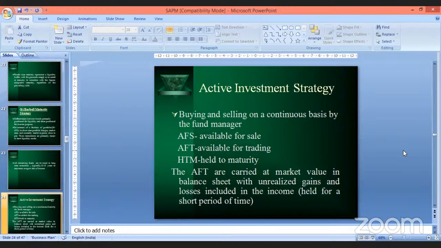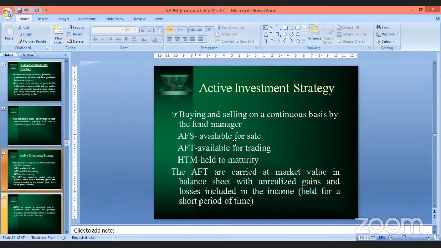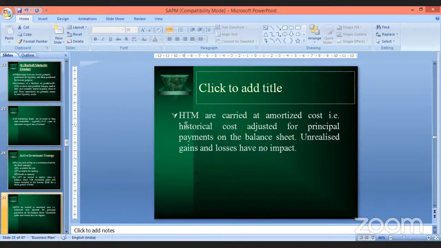AFS means available for sale. Instruments are carried at market value in the balance sheet, with unrealized gains and losses included in the income. That means these are held for a shorter period of time. As and when you get the opportunity, you can immediately sell those instruments. So here the fund manager is actively involved in the trading process. As I have already told you, HTM instruments are carried